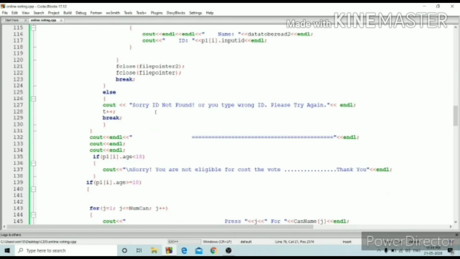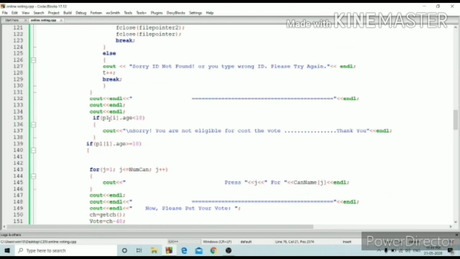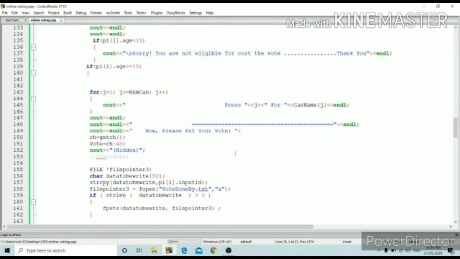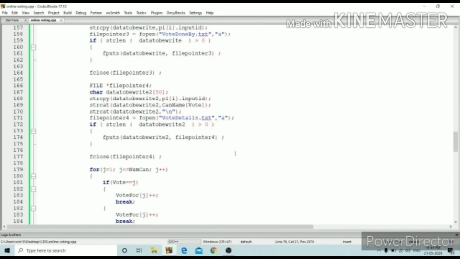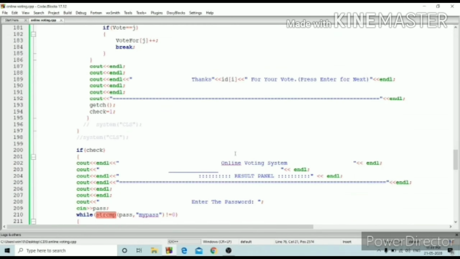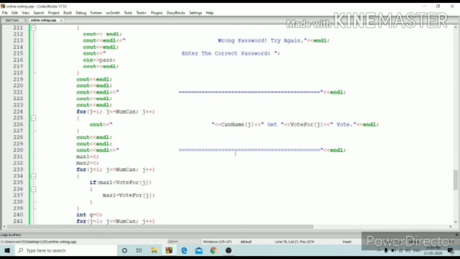I give some conditions for age. Age should be greater than or equal to 18. If age is less than 18, then you are not eligible to cast the vote. So this is my complete source code of my project.